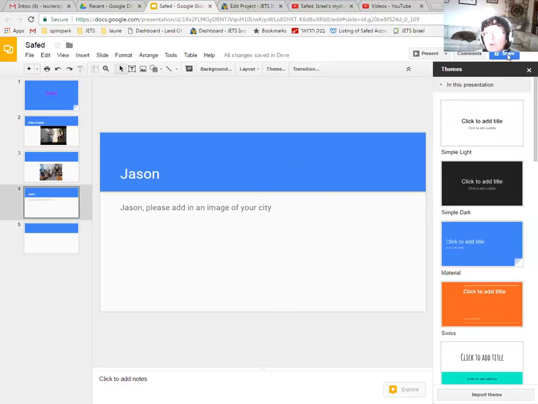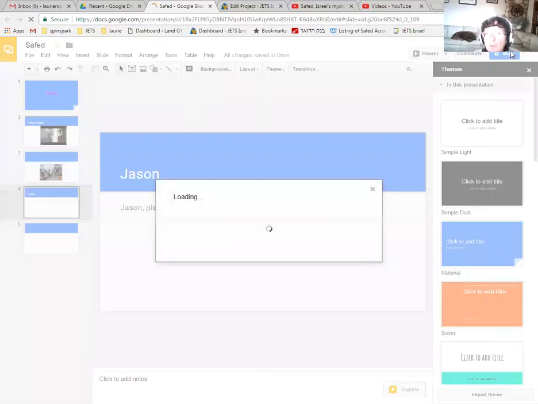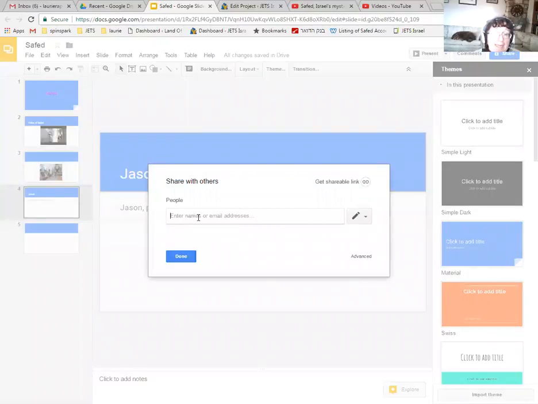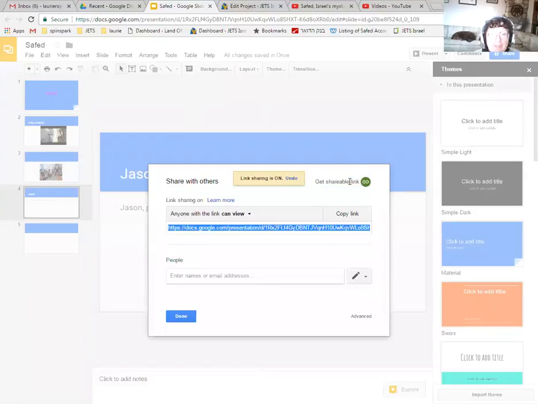And then when Jason goes in, he's going to be able to add in his own image of his own city. In order to allow students or other teachers to see, to edit, or even to comment on the slideshow, I click the share button that's up here on the upper right, the blue share button. I click that, and I can allow specific people to share it by putting in their email address under people, or I can click on the Get Shareable Link button,